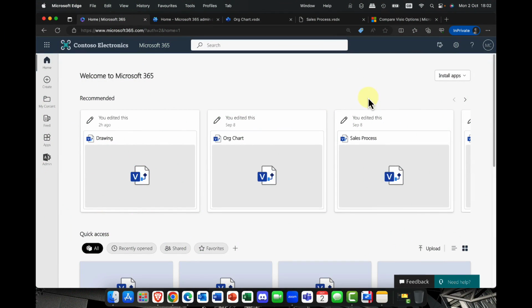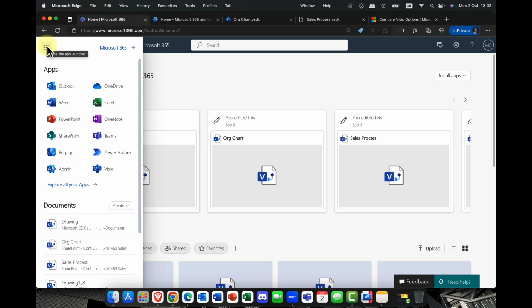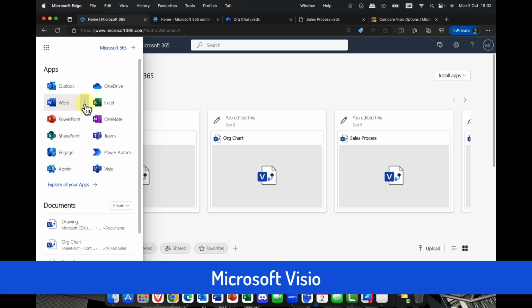So I'm kicking off here in Microsoft 365, and this is an E5 subscription. I've also got a Business Premium subscription as well. And for the first part, these apps are available in both. So the first thing, I'm going to come up here to the app launcher. I prefer to call it the waffle because it kind of looks like a waffle. And of course, we get presented with our favorite tools at the moment. So you've got Microsoft Outlook, Word, Excel, usual stuff. But we have quite a number of other tools that you're probably paying for and probably not using.